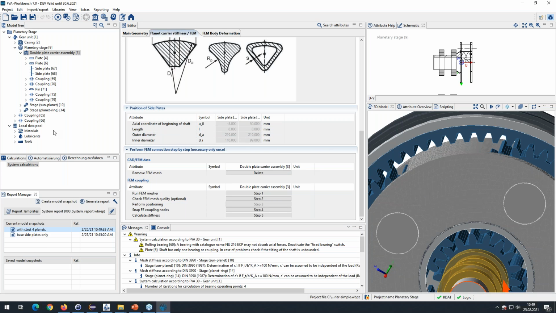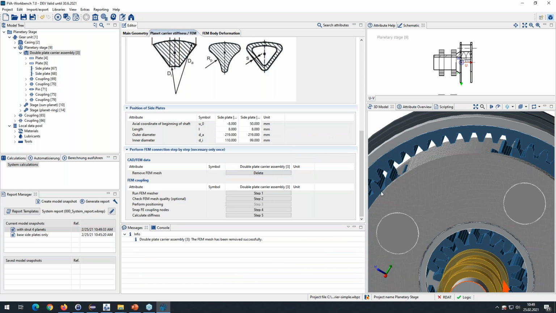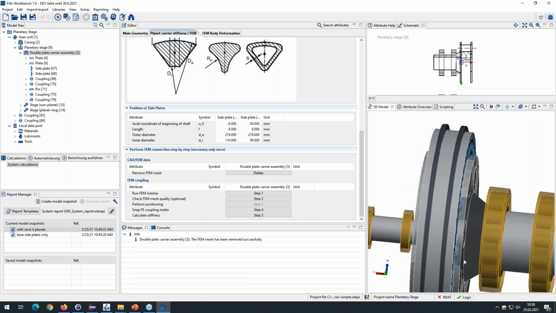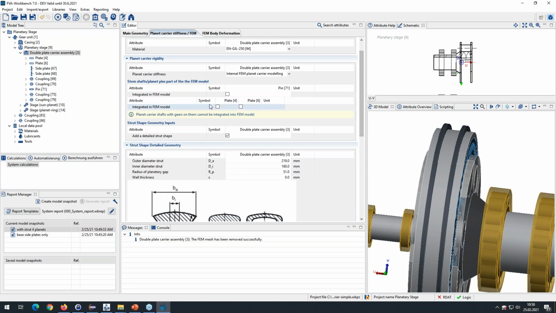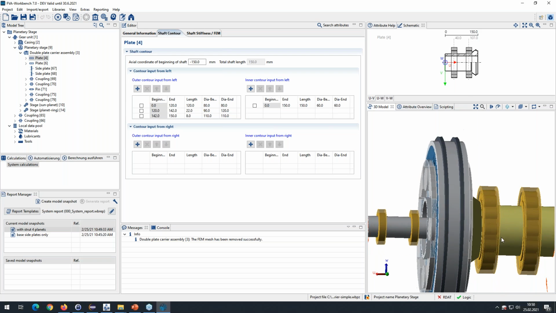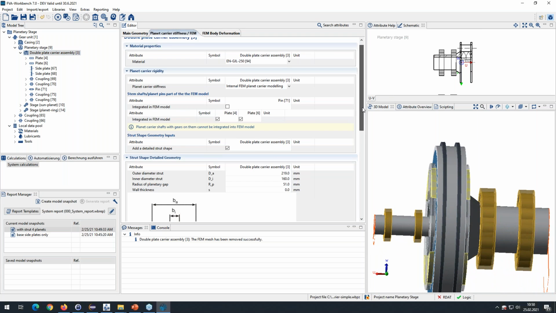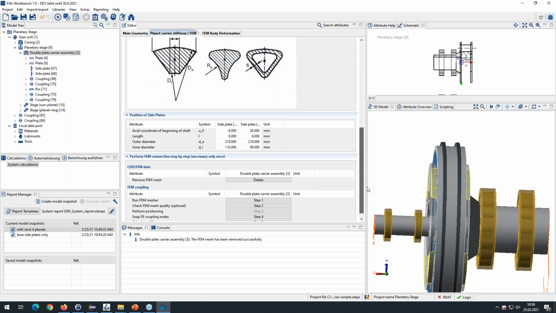Then I would like to continue with the next version. So I again throw out the FEM mesh. And now I'd like to show you what happens if you insert the stem shaft. So plate 4 and plate 6, these are the two analytical shafts. If I check this here and run my FEM measure,